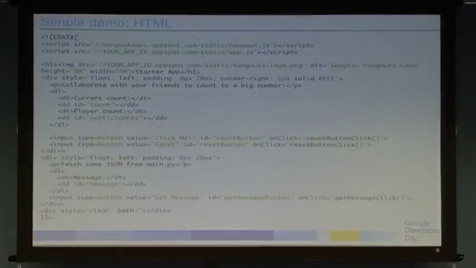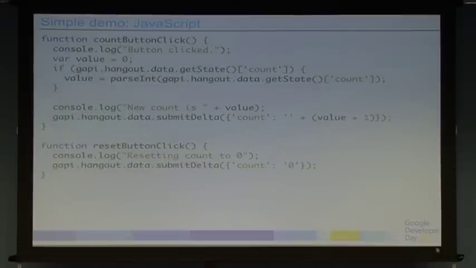Okay. So the HTML is not interesting at all. Take my word for it. It's just a couple of tags, the buttons, and some of the divs. This code is available online, but I wouldn't even read it. What's interesting is the JavaScript. So I'm going to go through some of the JavaScript. The first part that's interesting is that count button click, and that's the one that made the number go up. I've highlighted what you should be paying attention to.